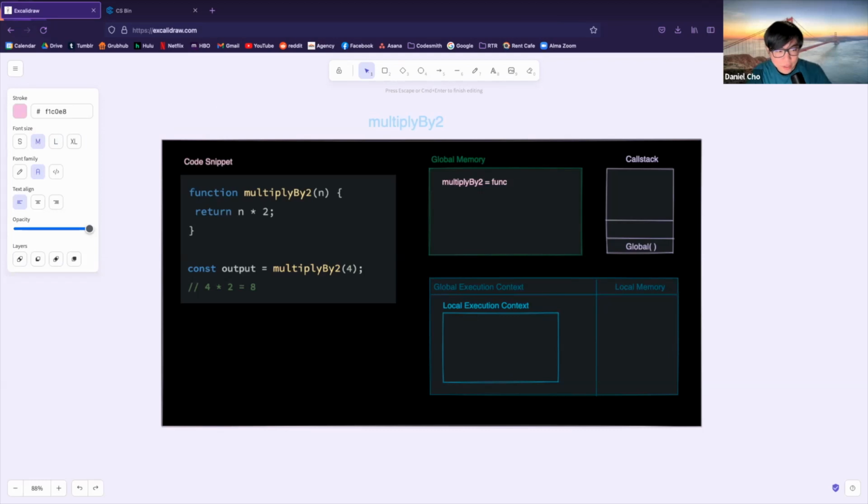Okay, and then we're going to declare a constant variable with the label output and set it equal to the value of the evaluated result of the function multiplyBy2, and set that into global memory. Yeah, with the argument 4. With the argument of 4. Okay, so